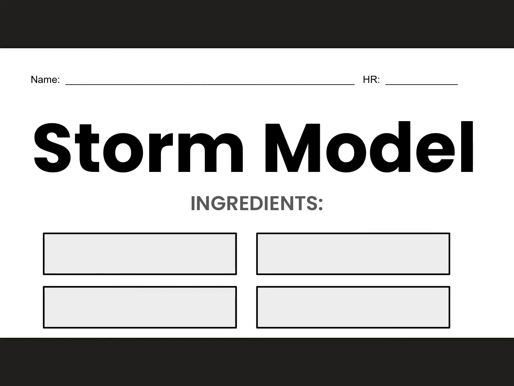Hello scientists! In this video we will look at the ingredients that it takes to make a storm and exactly how to put all those ingredients together to make a storm. In the end we will draw a storm model. Okay, let's go. The ingredients for a storm include unstable air,